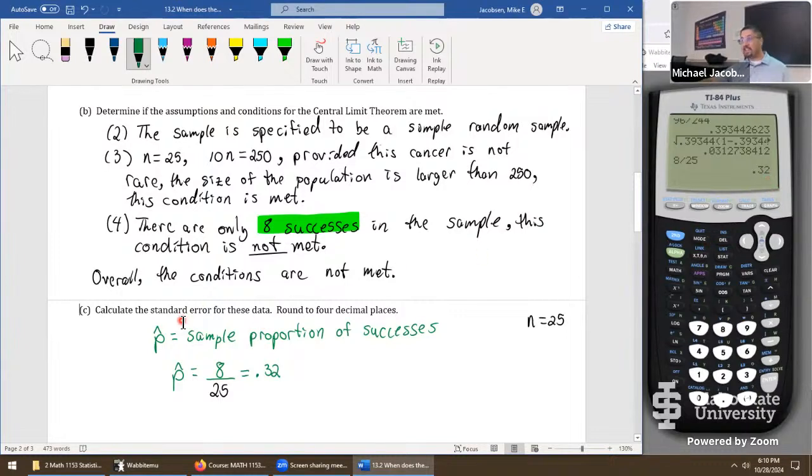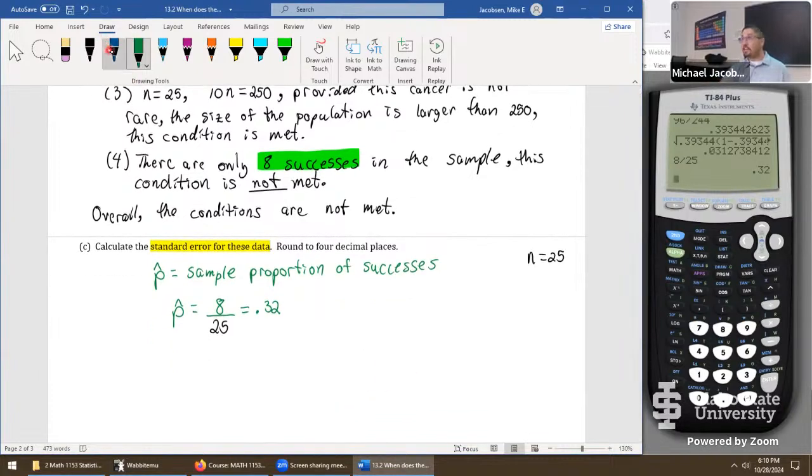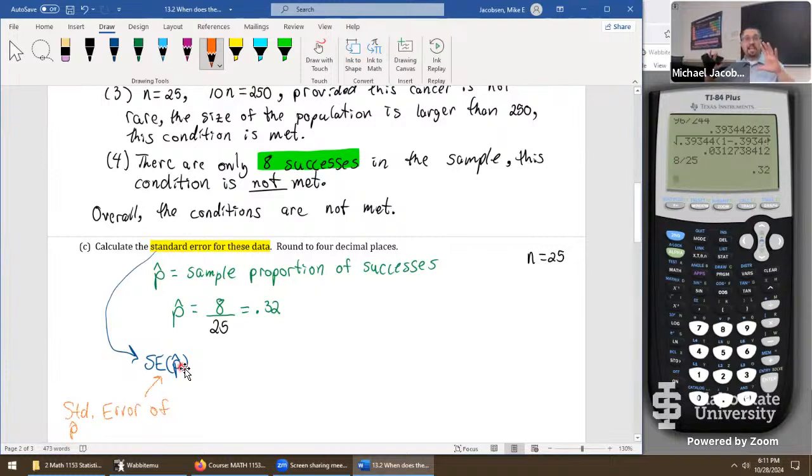So we're getting there. What we want to calculate is the standard error for these data. So the way the standard error goes next is we write it as SE, shorthand for standard error. The parentheses right here are using something called function notation. If you haven't gotten into function notation or it's been a while, no worries. The way this is read is standard error of p hat. The parentheses aren't saying multiply, so we're not multiplying by any number. This whole symbol is just a way to say this long statement.